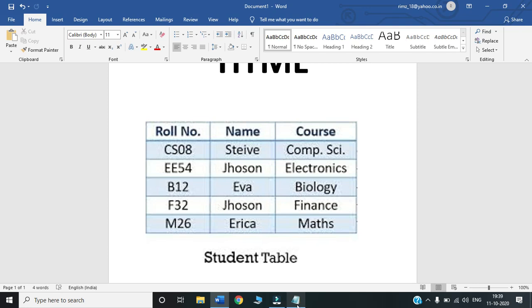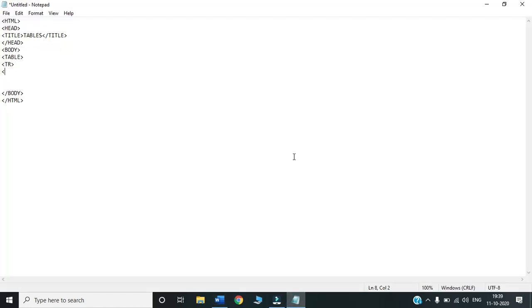So to display the heading, we will make use of a tag called th, and this th stands for table header. Inside th, we will write down the value that we want to display. Our value was roll number. So after my roll number is completed, I will close th.